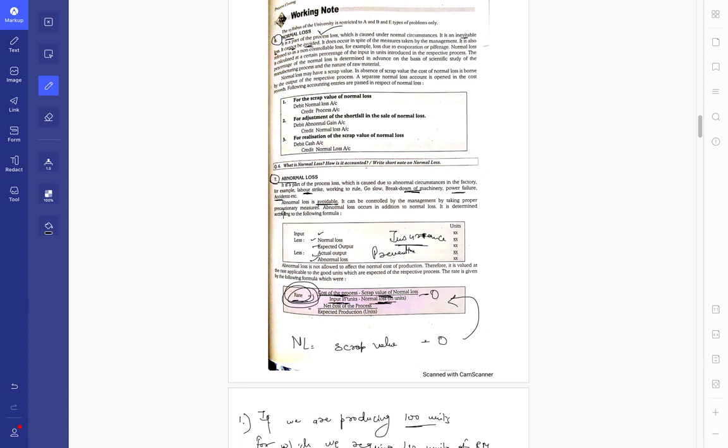Let's say if you are somewhere aware that labor strike is going to happen, you could find out the reason why it is going to happen. Let's say if it is going to happen because of wages, then you'll evaluate that either I increase the wages, that's option one, or I let them go on strike. That would result me into going into abnormal loss. I need to evaluate which cost is higher.